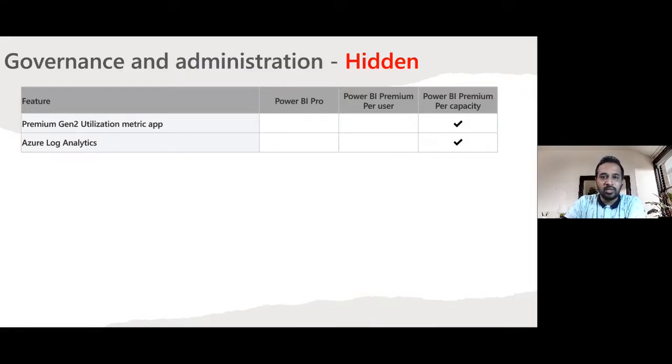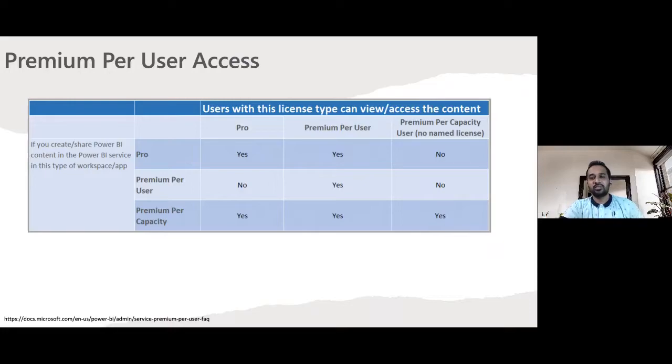Okay, and here is one thing which I want to mention again. If you have a Power BI Premium Per User license, this is actually a bit complicated in terms of usage. If you can see here, on the top we have the users with the license type who can view or access the content, and on the left side it's the workspace type.